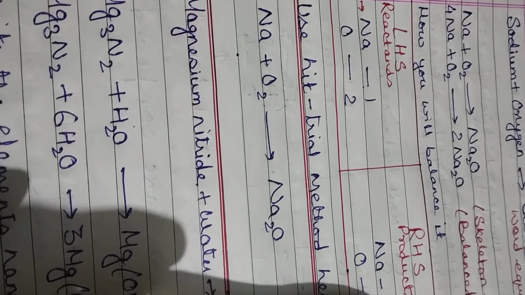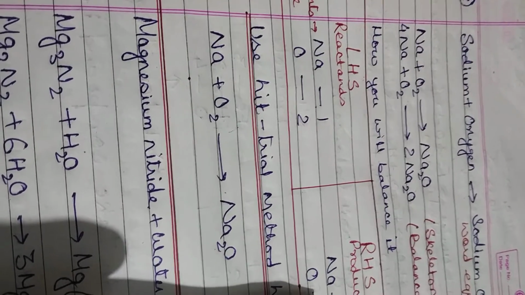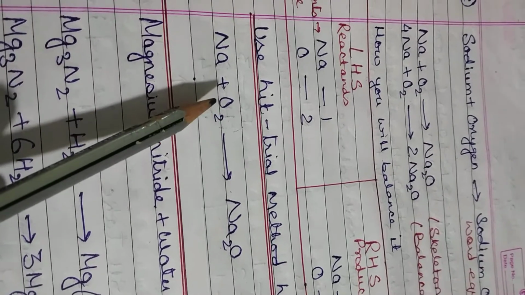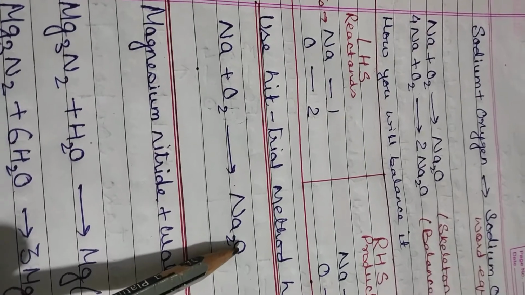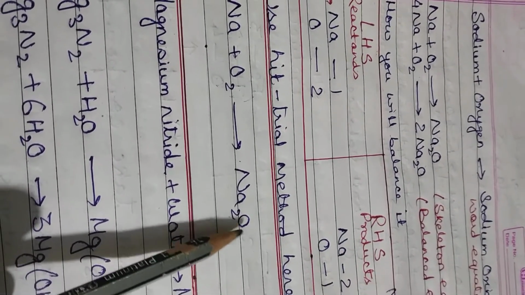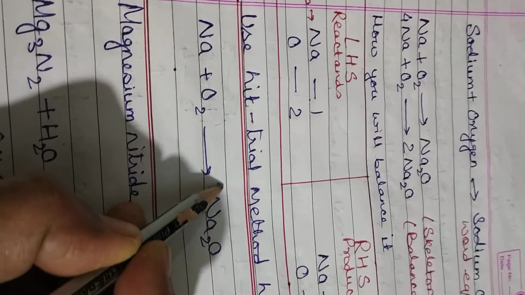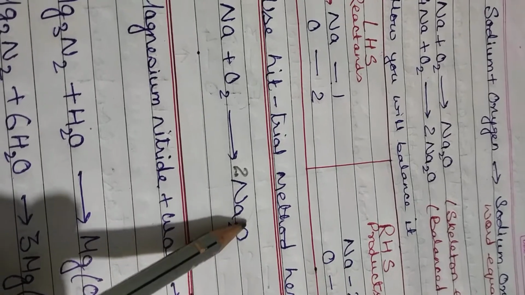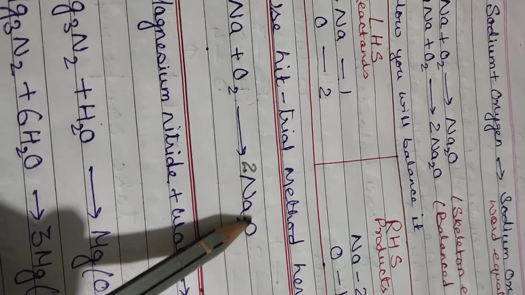So what will we do here? We want a balanced equation. Then okay, you will take the other element also. Suppose O2, oxygen is 2 here, but oxygen on the right hand side is 1. So how will we balance it? You will write 2 here. You will write 2 here. Then what happened here? According to the distributive law, now sodium has 4 atoms. 2 2s are 4. Then we can say that sodium has 4 atoms.